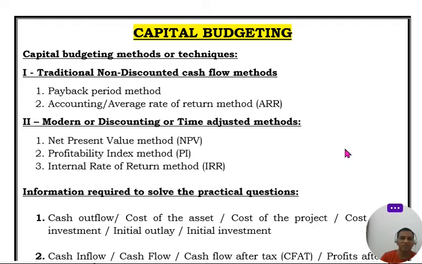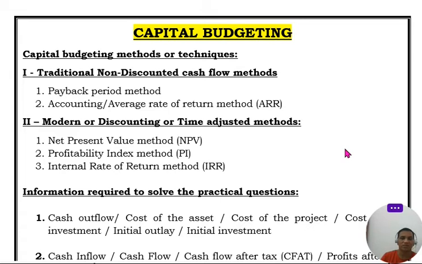And the capital budgeting decision is very important because it involves huge funds, a large amount of funds. The decision taken will have a long-term impact on the company's operations, and also the decision taken once cannot be reversed, it is irreversible, and the decision is about the future, which is uncertain.